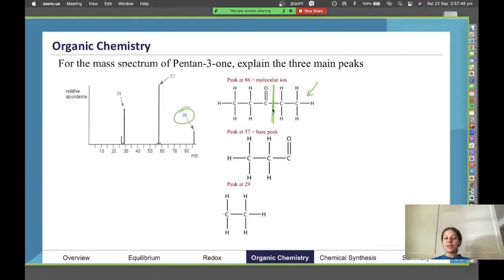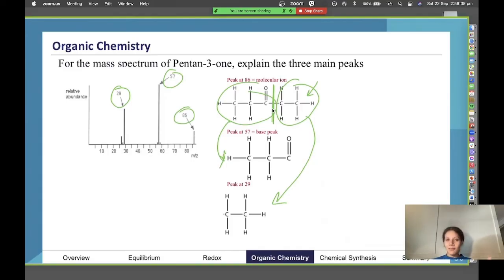But yes, our base peak is the fragment produced on the left, so that has a mass of 57, which is why it's valued at a mass to charge ratio of 57. Then this here is what's forming our peak at 29. So I'll just indicate that that's what those two are. So those are our most popular fragments, if you will. So when you bombard lots of 3-pentanone with energy, you end up with all of these fragments being the most commonly created ones.